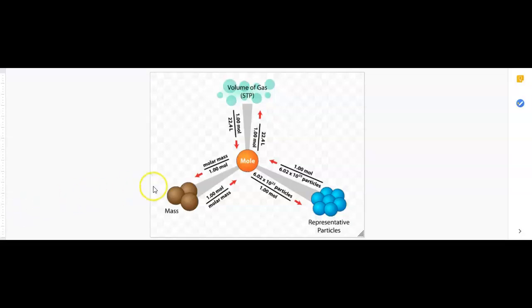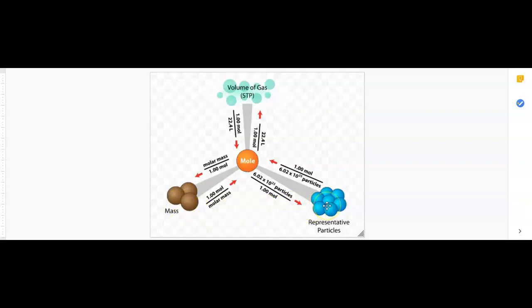What I have showing you here is what's called the mole triangle, and you'll notice that the mole is in the center, and then on the outside we have mass and we have particles. Again, we will get to the volume business later. This will not be something you utilize at all this week. So when we look at this week's conversions, you're going to be converting from mass to particles, or particles to